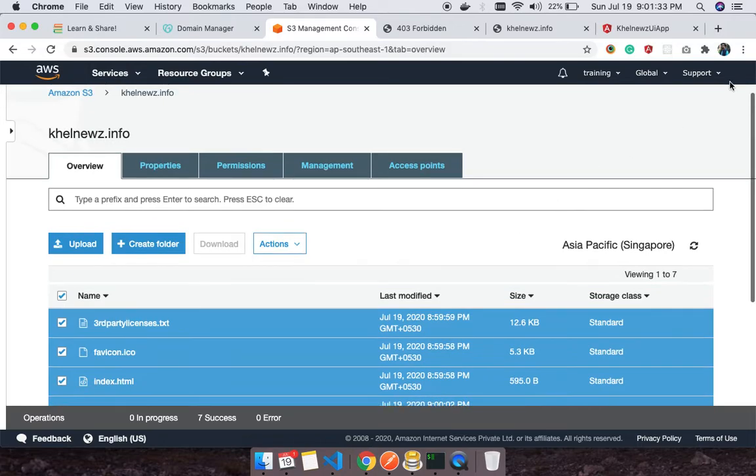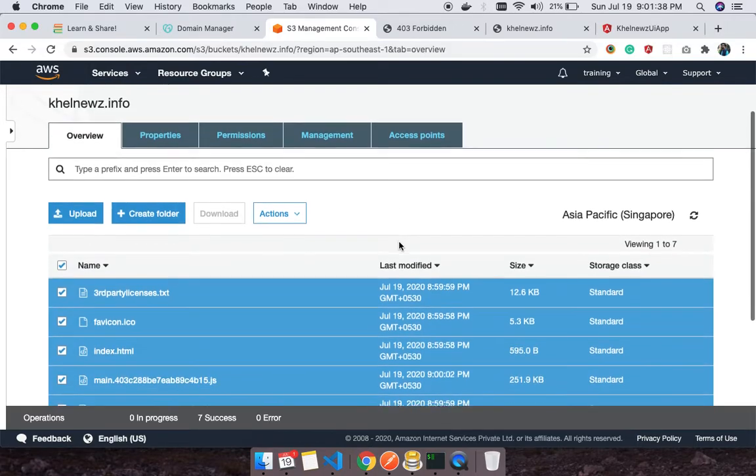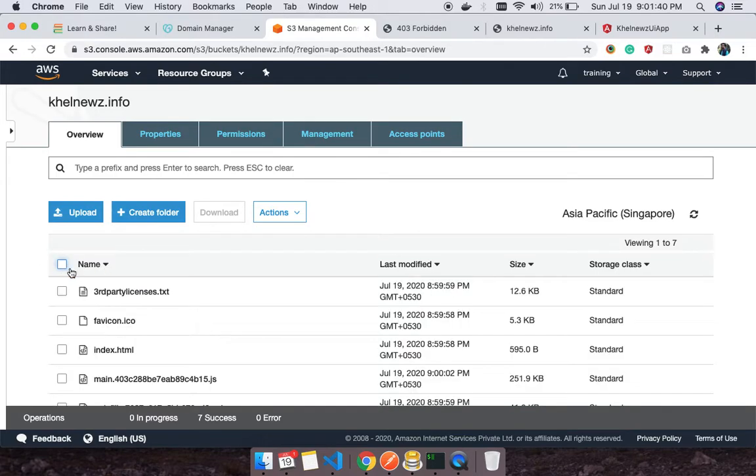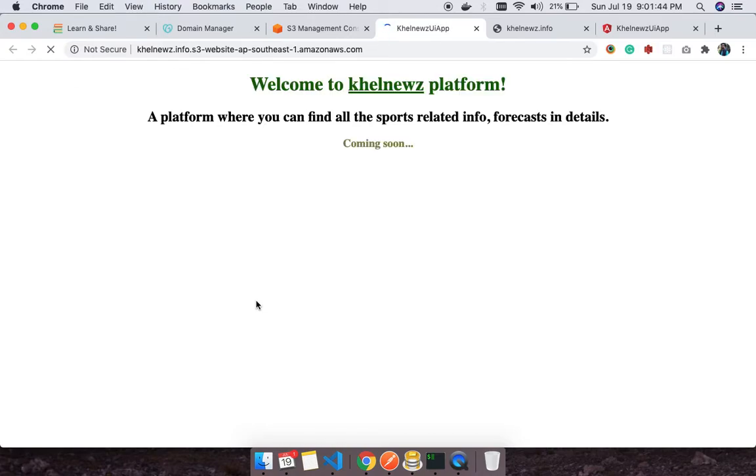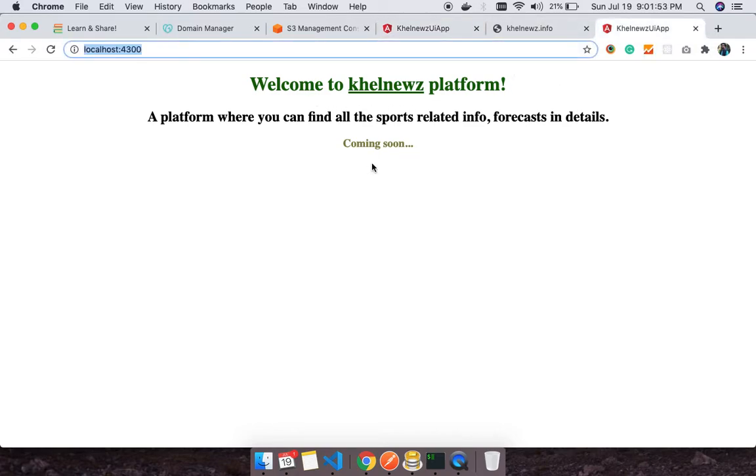Since I am the owner of this AWS account, I'm just opting for these options. Now when you refresh this, as you can see, we are able to see the same content we are seeing on localhost, right?